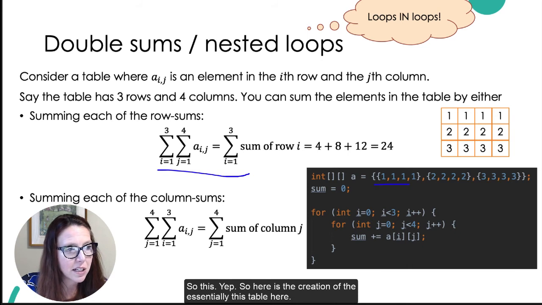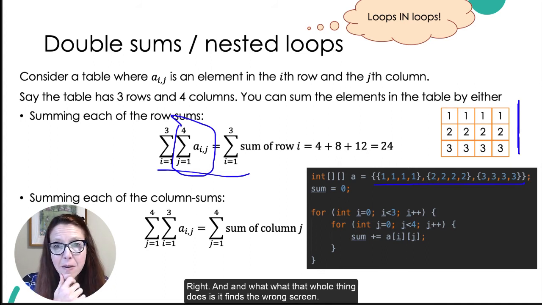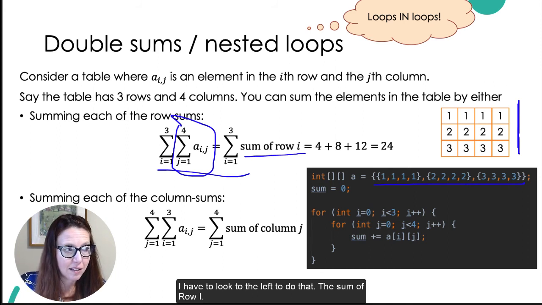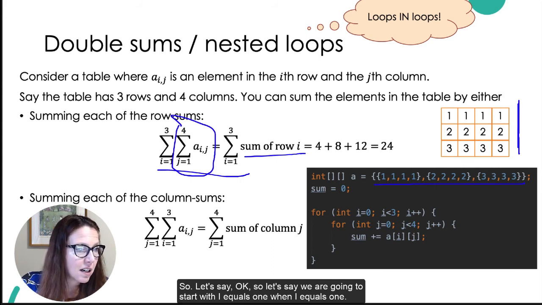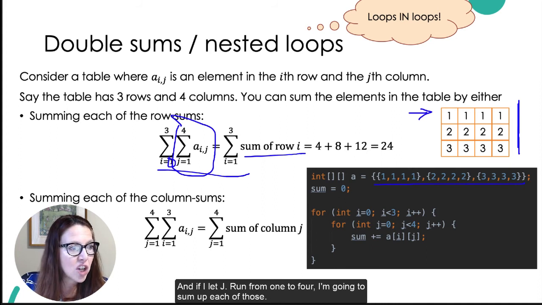So here is the creation of essentially this table here. This is looping J from 1 to 4, right? And what that whole thing does is it finds the sum of row I. So let's say we are going to start with I equals 1. When I equals 1, that means everything we do is going to be in this top row. And if I let J run from 1 to 4, and I'm going to sum up each of those,